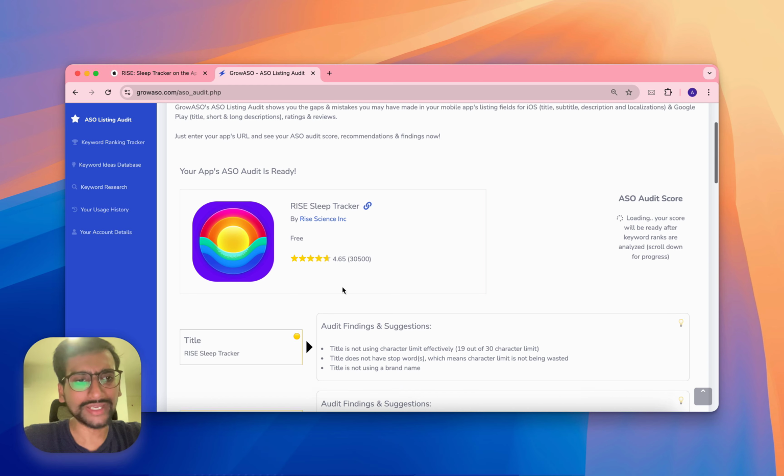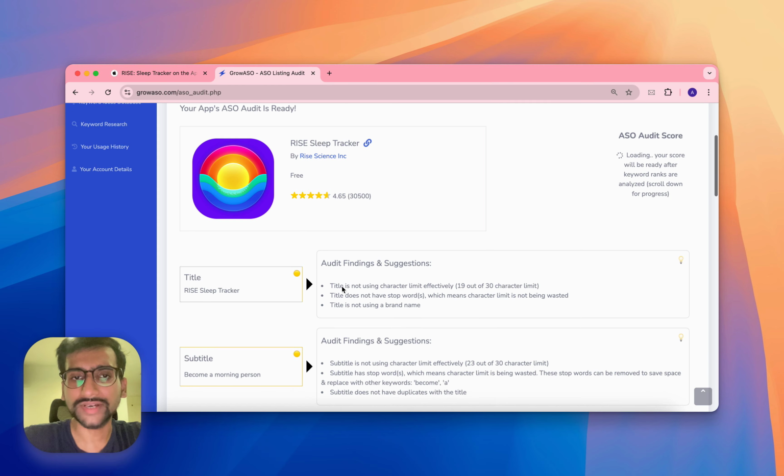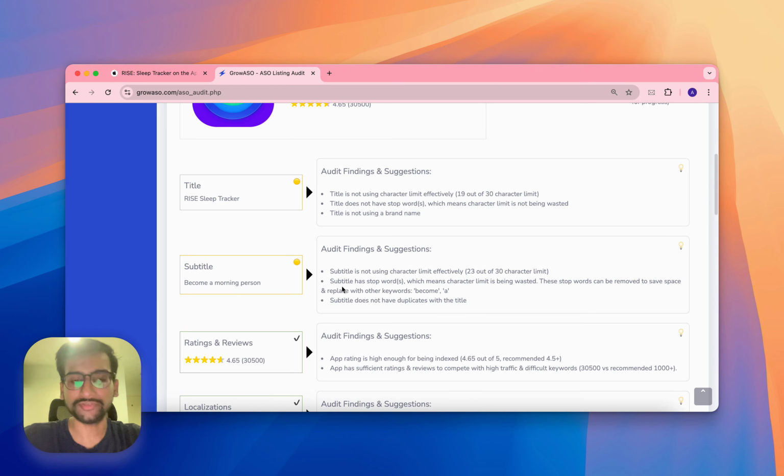The app rating is quite fairly good. 4.65 is really good. They also have 30,500 ratings, so I don't think that's really a concern from an ASO perspective. But they definitely should still look into the product issues, especially the user complaints about payment. If there are complaints about misleading payments and deceptive practices, that is not just risky in terms of ASO and penalization by the algorithm, but it risks their existence on the App Store itself.